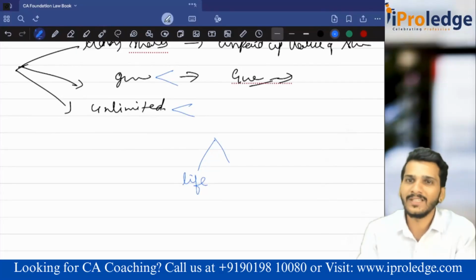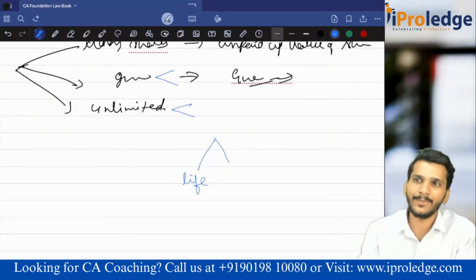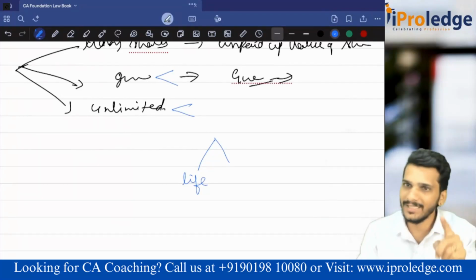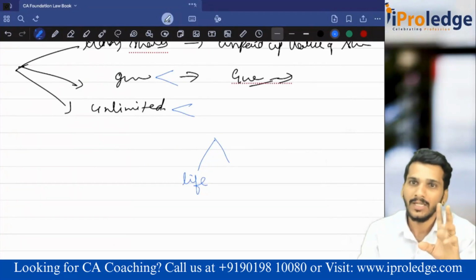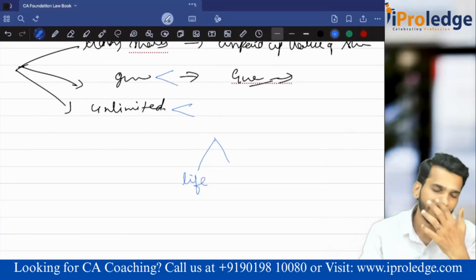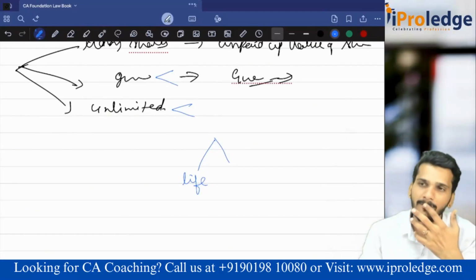And from 2015, 16 onwards, it has become optional. Common seal is like the official signature of the company. Because it is optional, either two directors can sign on behalf of the company, or one director plus one company secretary can sign on behalf of the company if the company does not have a common seal. Even if the common seal is there, they both have to sign, stating that this common seal is right. That is why, to have the common seal and sign, we will directly sign it only. That is common seal.